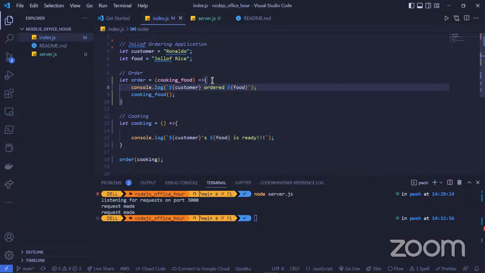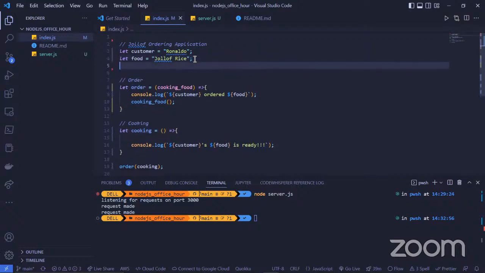Okay, so we already had, instead of saying this, I would change this to cooking food. It's okay. So one of the things we'll be doing is to add some ingredients.